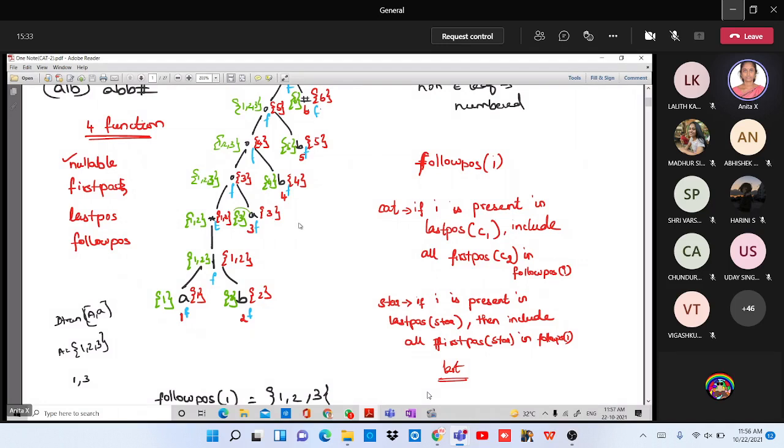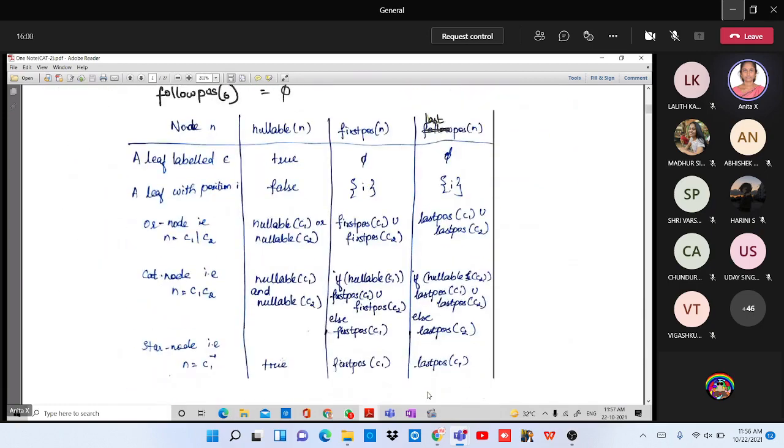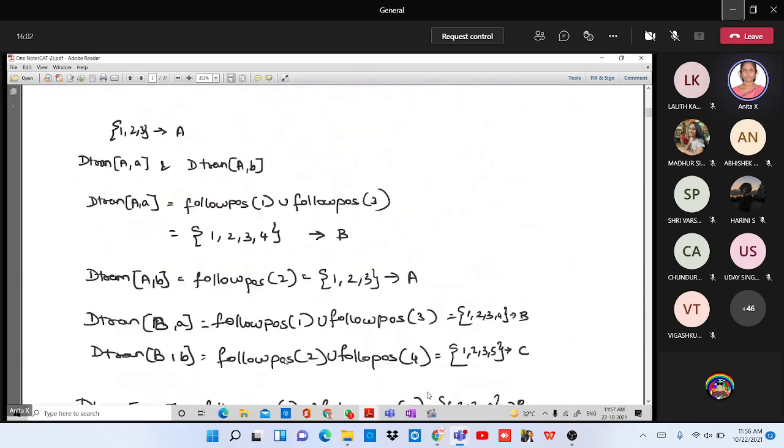So just please make a note of these things and you can easily work it out, right? And similarly for star node, what should I do? I have to check whether i is present in the last position of star. If so, I'll be including the first position of star in the follow position. I'll be checking the last position, but I'll be including the first position. Okay, and again c1, c2 also please do check it. Right. After finding the follow position, now we can start constructing the